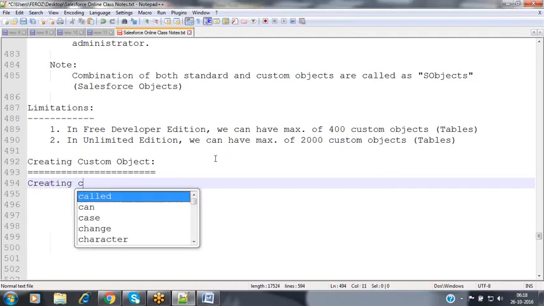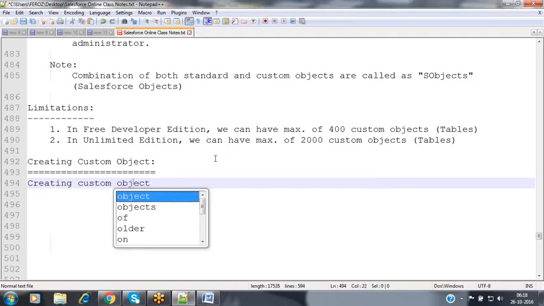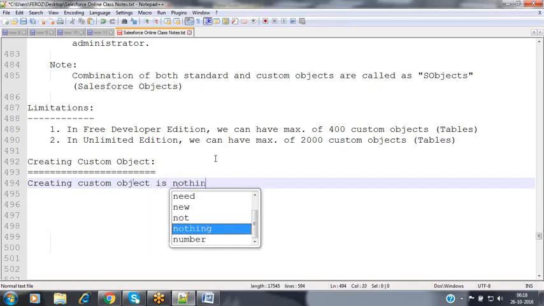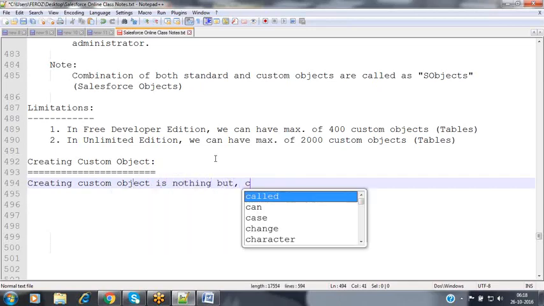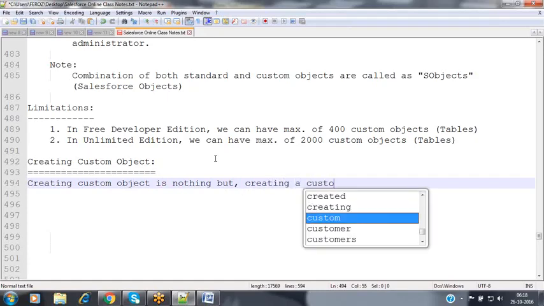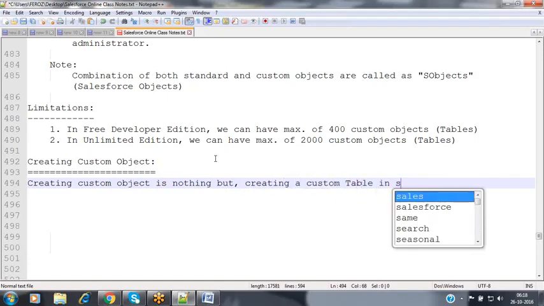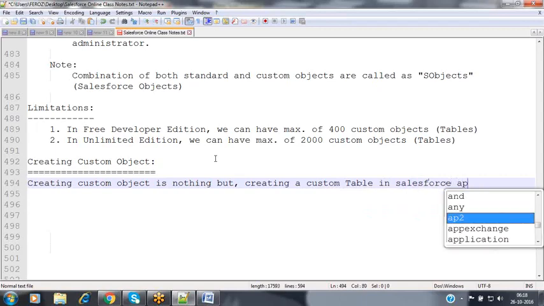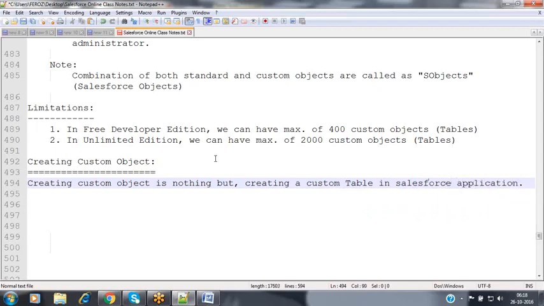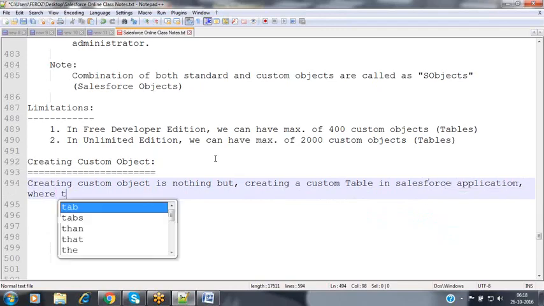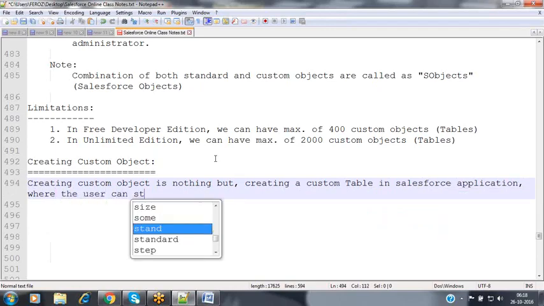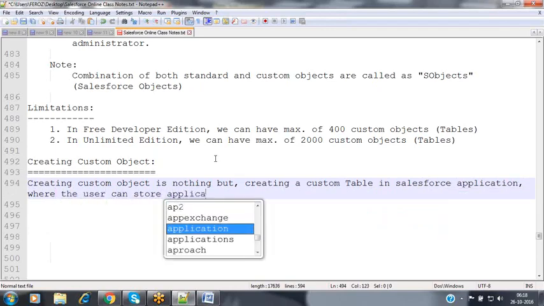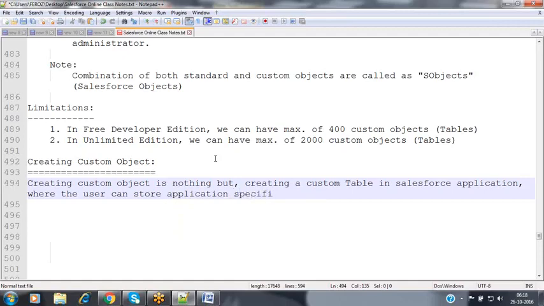Now, creating a custom object is nothing but creating a custom table in the Salesforce application, where the user can store application-specific data.